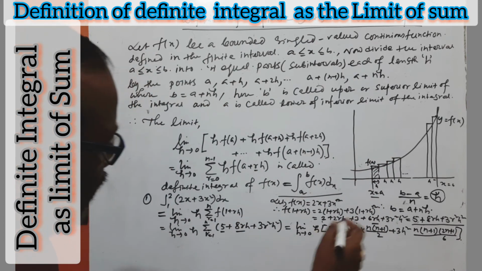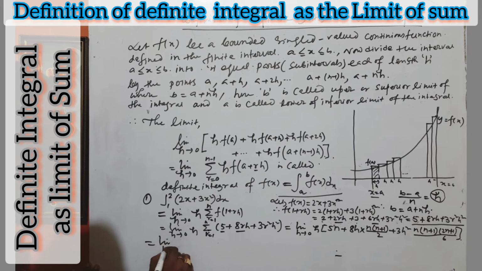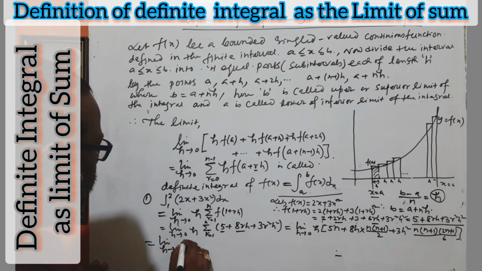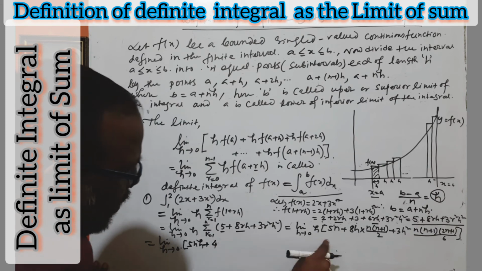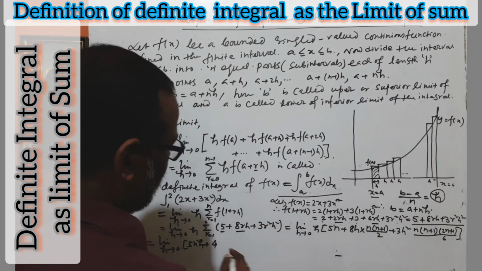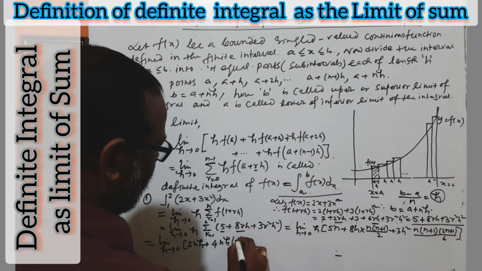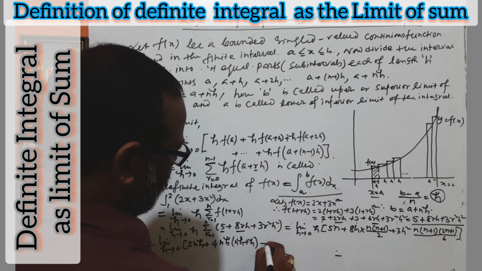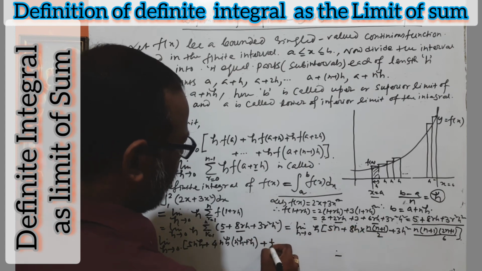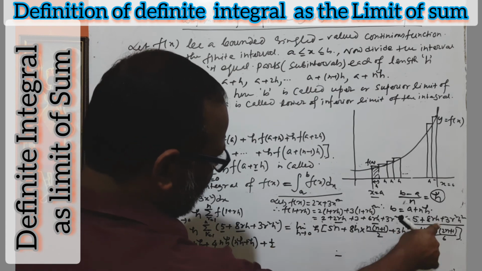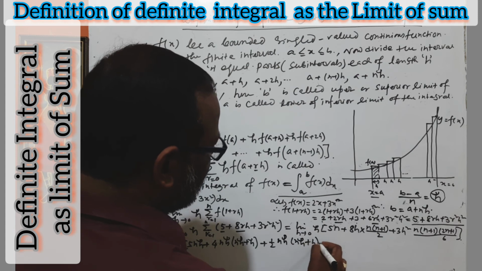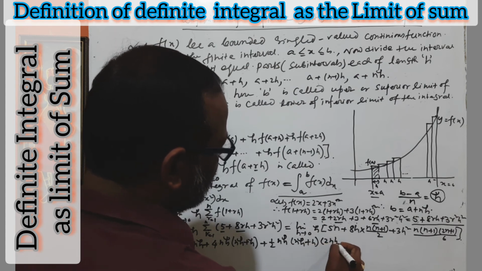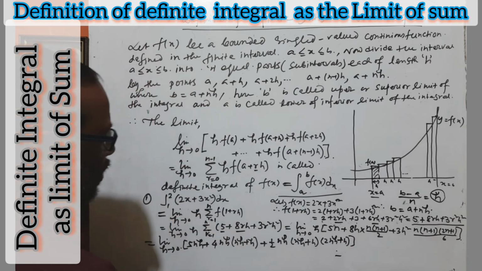Okay, now multiply by h. This is limit h tends to 0, 5nh, and this is 4h squared. So now multiply by h squared and multiply by each of the factors, like nh plus h, and 3 by 6, this is 1 by 2 h cubed, and each factor h multiplied by the three factors n plus 1 and 2n plus 1, then we get nh, 2nh plus h. Now the value of nh here,